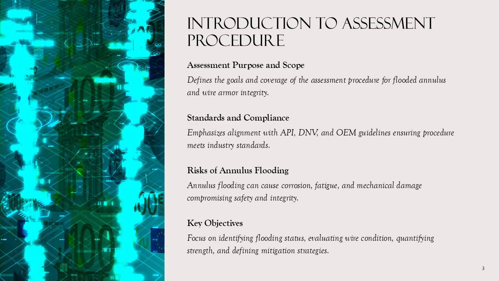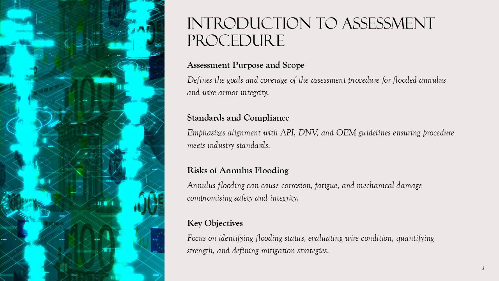The procedure is designed to provide a structured, standards-aligned approach for detecting, characterizing, and analyzing annulus flooding conditions and their impact on tensile armor wires. It emphasizes compliance with API Spec 17J, API RP 17B, DNV RP F201, and DNV RP F204, as well as OEM-specific guidelines. The introduction explains that annulus flooding can lead to severe corrosion, fatigue, and mechanical damage, which compromise riser